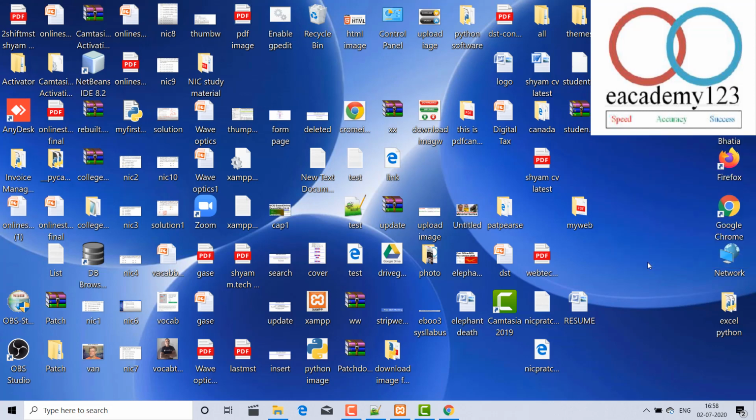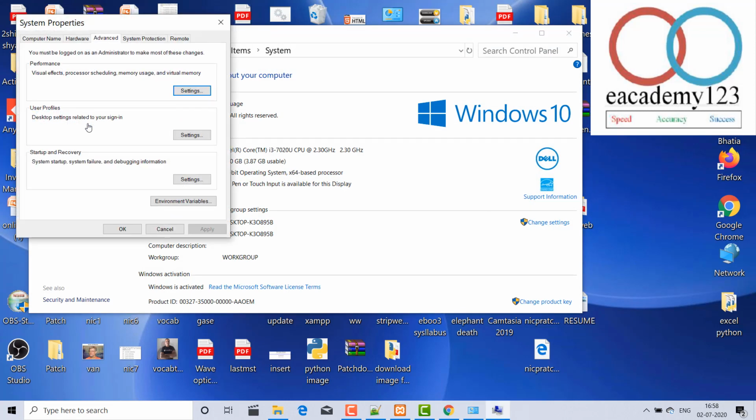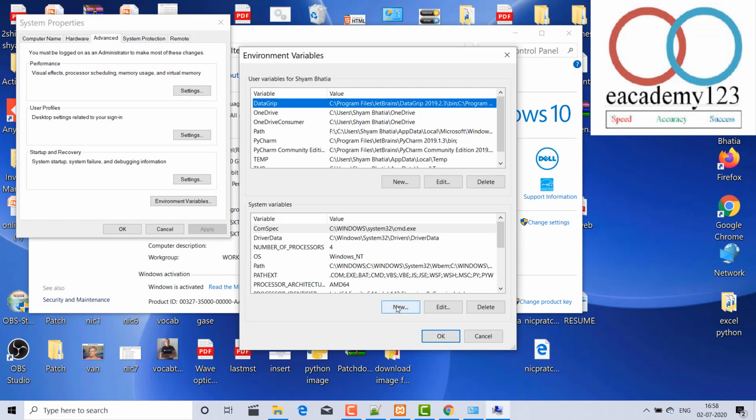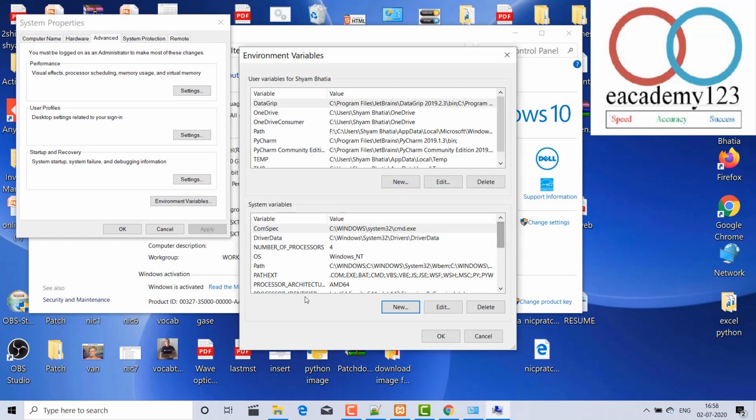If you go to the properties, another window will pop up, and go to the advanced system settings. Here go to the environment variables, and here go to the system variables, and then new, and nothing but edit, okay. Why is it not taking? It is not taking because you have to select the path C Windows System32, select and edit, okay.